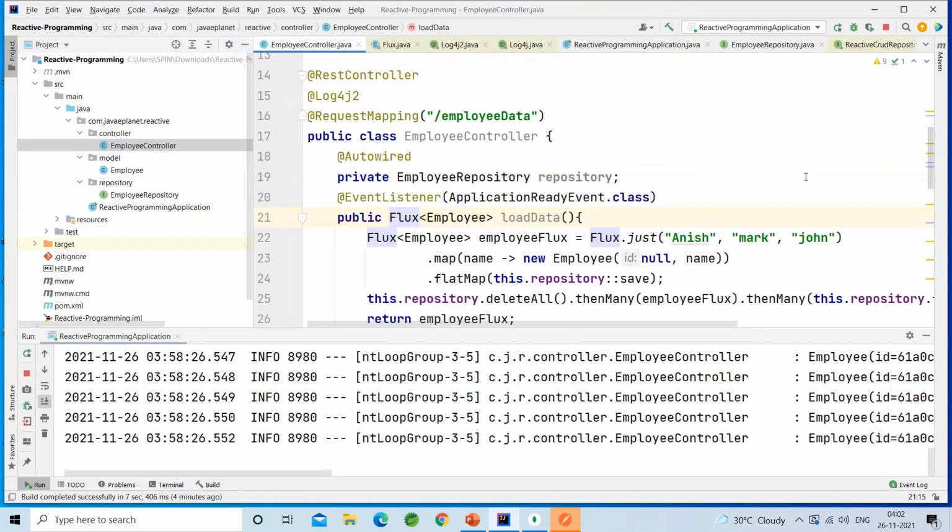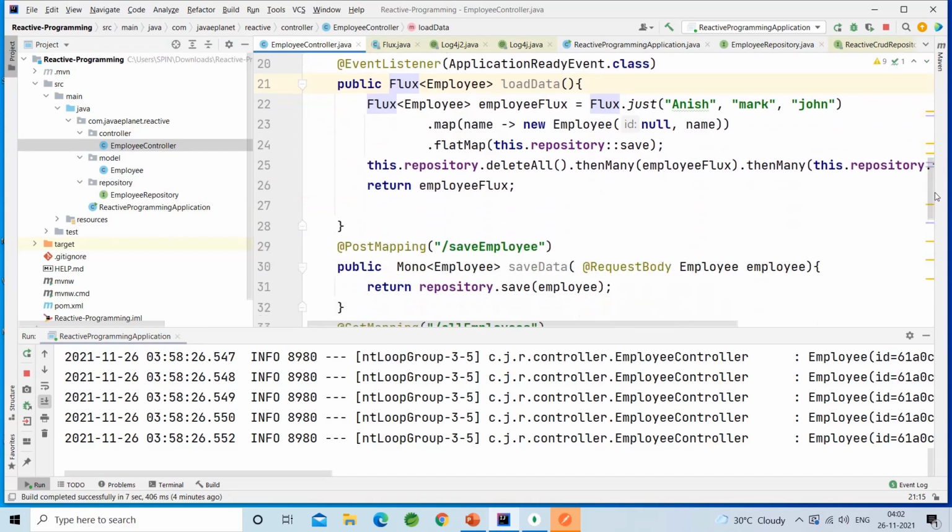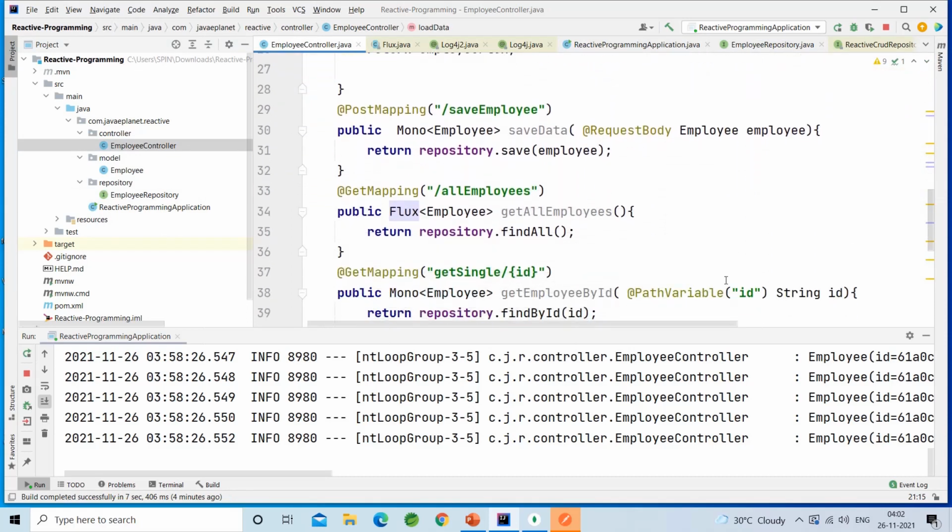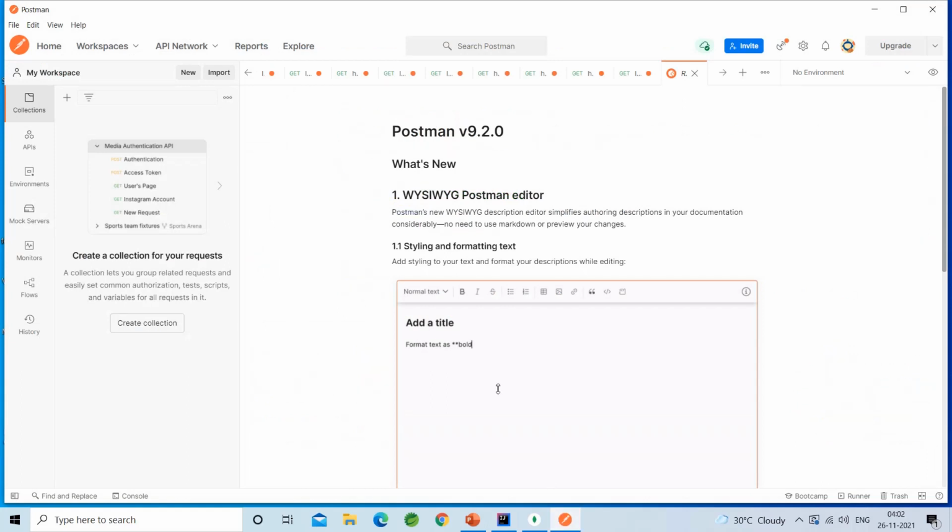We have the employee controller. In that employee controller, we have a few methods that we will run.